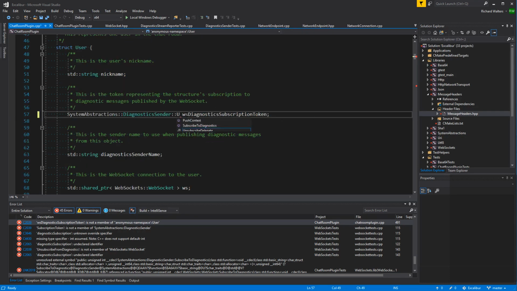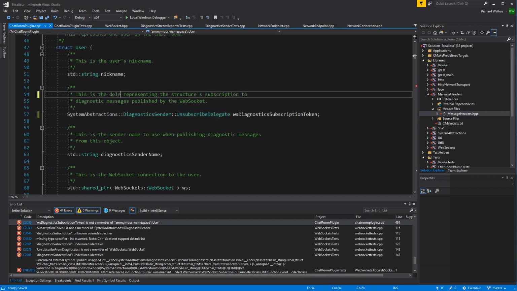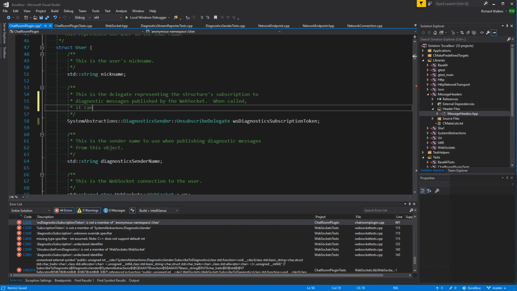Okay, this is an unsubscribe delegate. This is the delegate representing the subscription to the diagnostic messages published by the WebSocket. When called, it terminates the subscription.